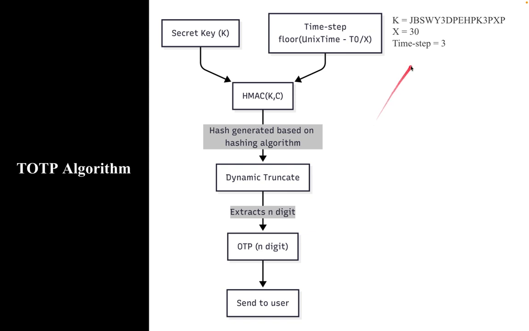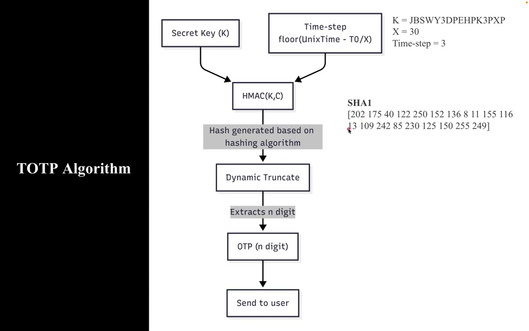So I have taken an example here. K, it's a random secret. It can be any string, but yeah, this is the string I had taken for this example. X is 30. This is the seconds I want the OTP to be alive, and this is like a generic way I did a time step. This is more like a dummy example, but yeah, I am feeding this to the HMAC function. It gives me 20 bytes of code like this. So actually, it should be in binary format, but yeah, for simplicity, I have used decimal.